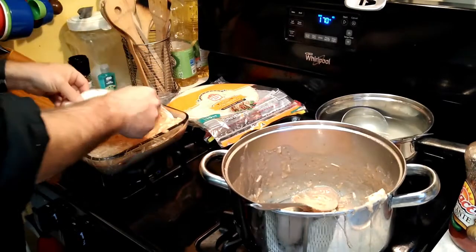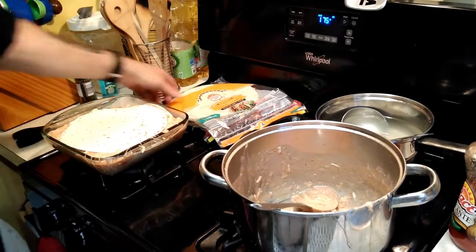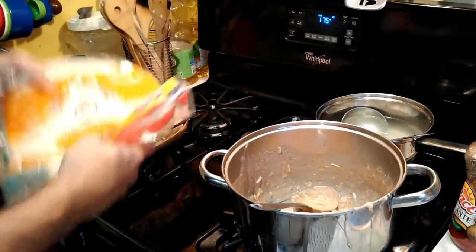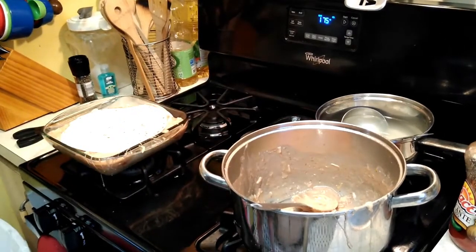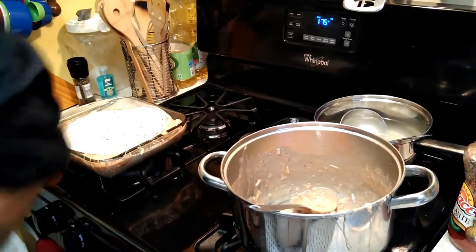Hey, how about this? It worked out perfect. One last tortilla for the top. And I'm actually out of the good ones. I have these in case I needed them. But we're going to go right like that. And then we're going to get our